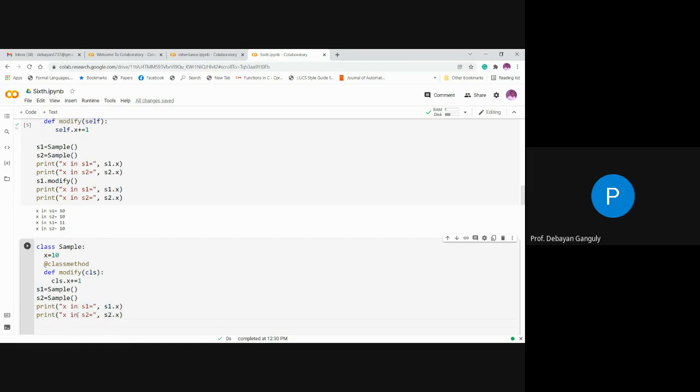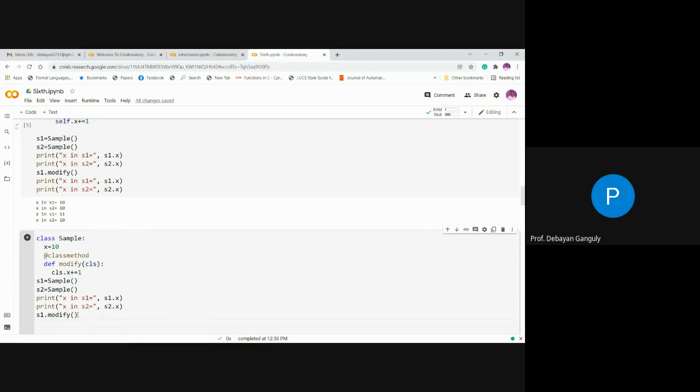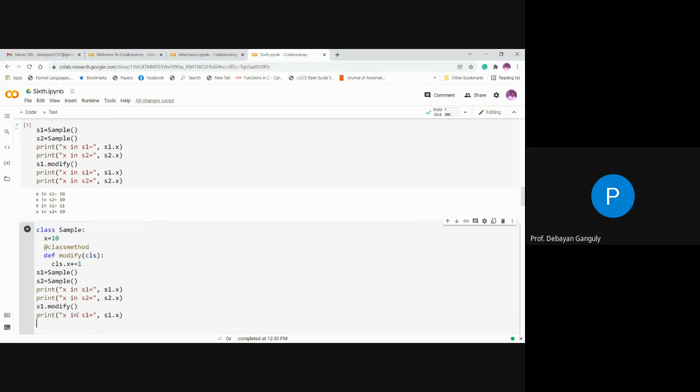Then I just call this modify s1, that means s1 dot modify, and then I just want to print the same thing. This is s2 and this is s2 dot x. So এটা যদি হয়,